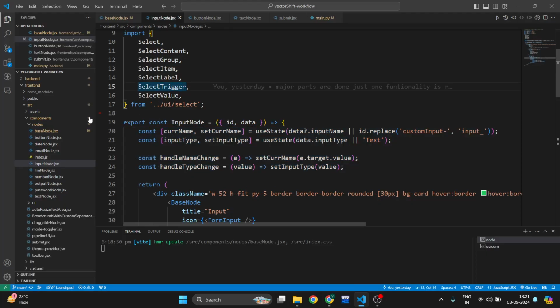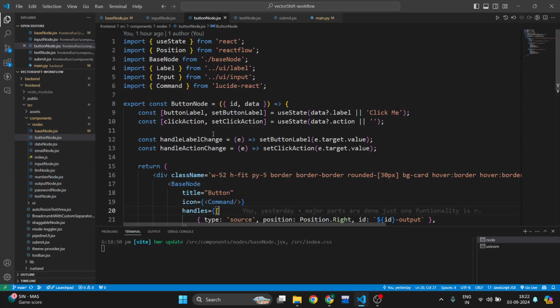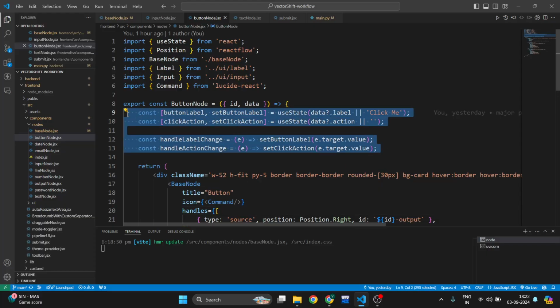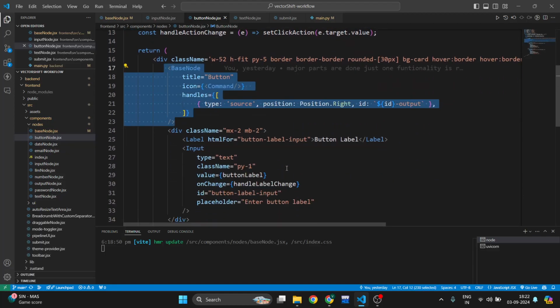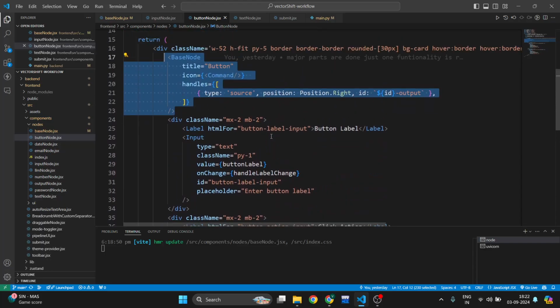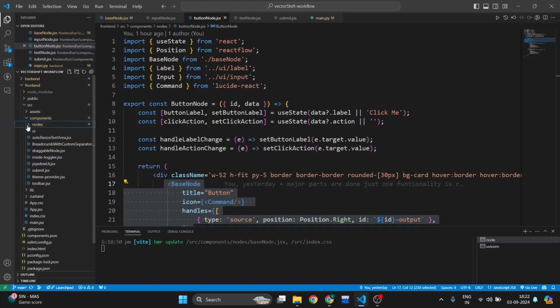As the task was given, we need to create 5 nodes that demonstrate the abstraction of the BaseNode component. So I created a bunch of new nodes, and one of them is the button node. The button node component is a basic component that uses the BaseNode component for the shared code, and it has some state individually handled by the node. BaseNode is the common code we can pass as props, and the other code here is the unique code. So the first part is done, and now let's move to the second part.